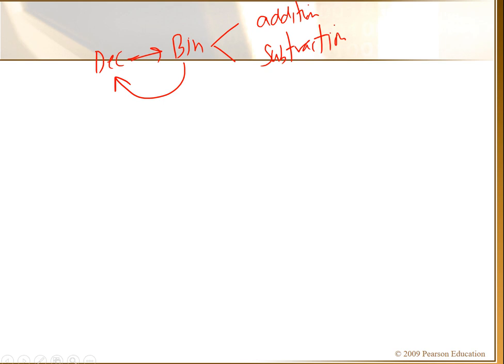Welcome back, class. So far in this chapter, we have learned about the number system, the conversion from the decimal to binary system, and from binary to decimal. Then we learned about the arithmetic operations of binary, addition and subtraction. After that, we studied the signed number systems, where we learned about the second complement and first complement, and that second complement is used to represent negative numbers, and we have seen the properties of the signed numbers.